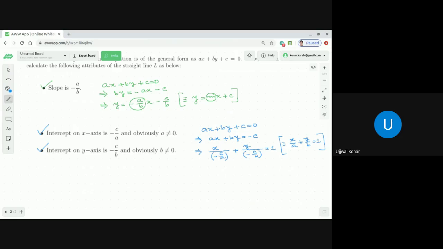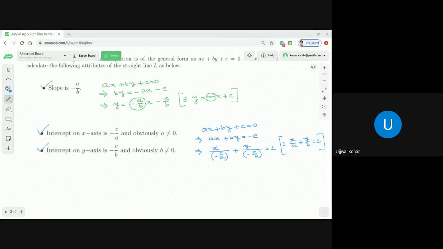As b cannot be 0, we can write that the intercept on the y-axis is minus c by b. Correct? So this is about the intercept on the x-axis and y-axis respectively. Now, the next point we can discuss is that,